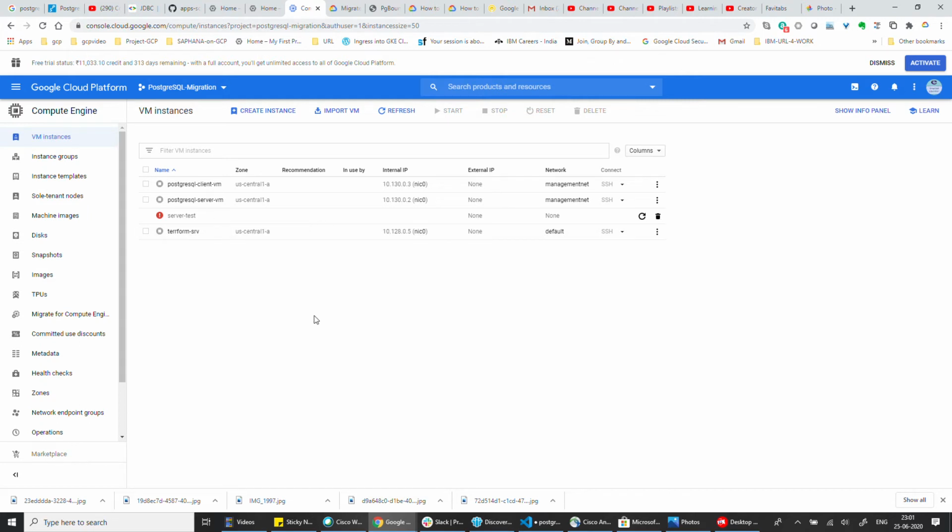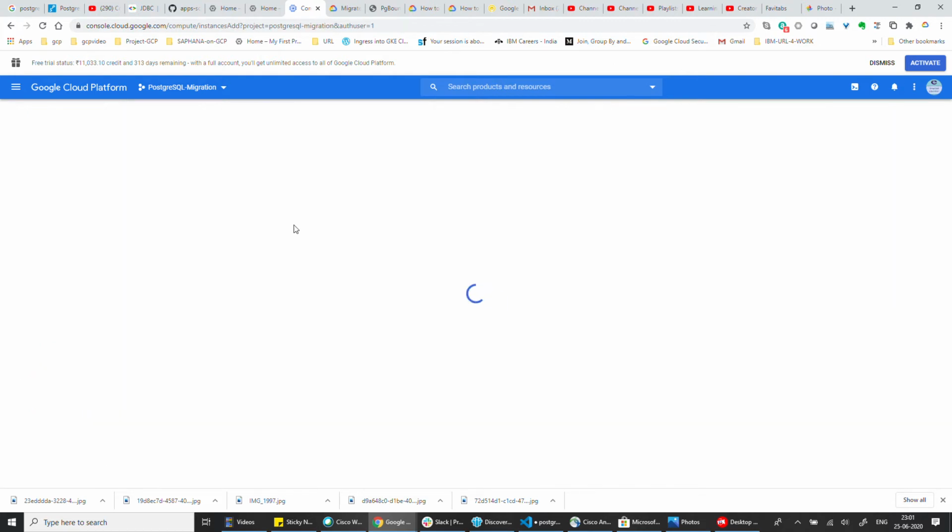I just wanted to show that for the Mumbai location there is no option to create the VM instance. So let me take the US Central region so that I can create it.